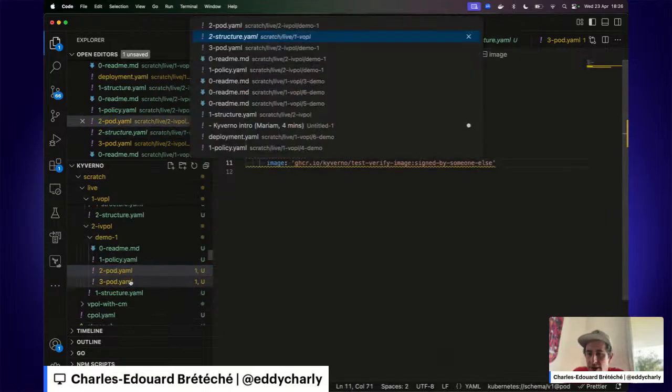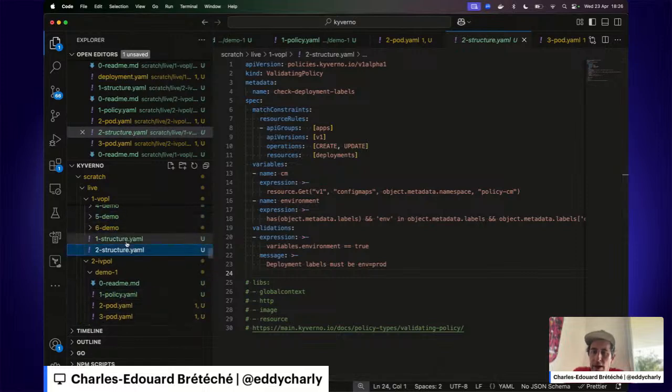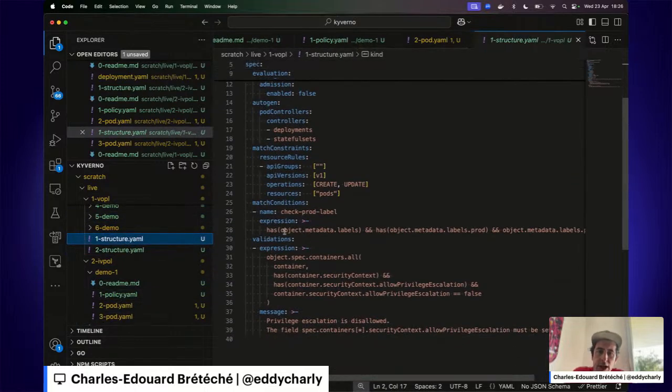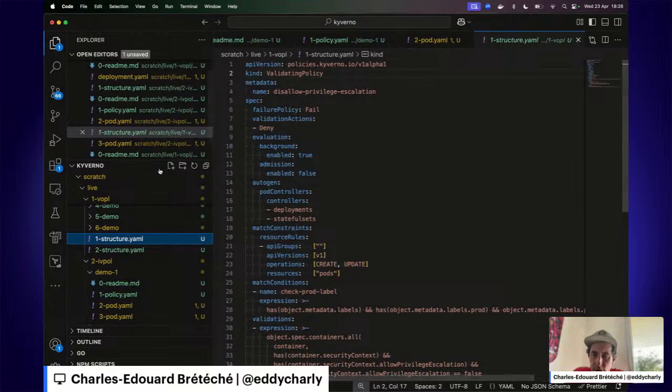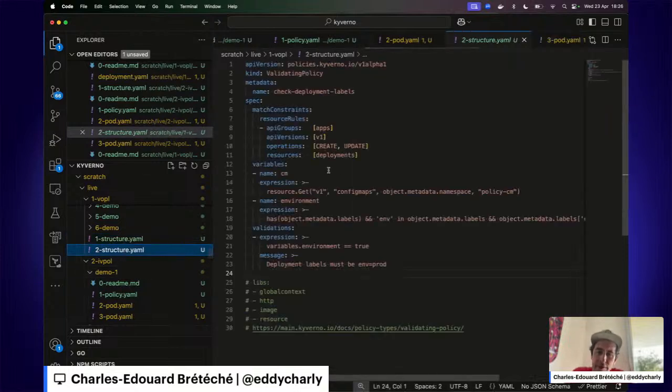Something we didn't see in the first example, this one didn't use any variables, but just like validating admission policies, validating policies can define variables. And that's the case here.